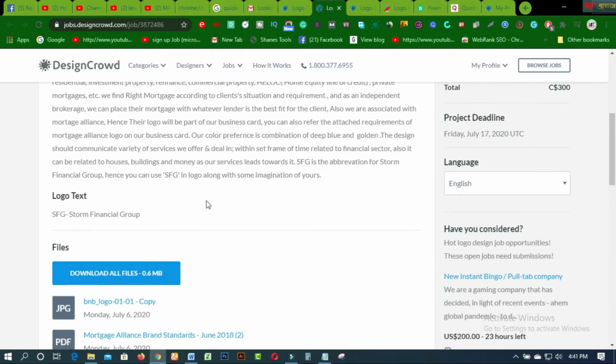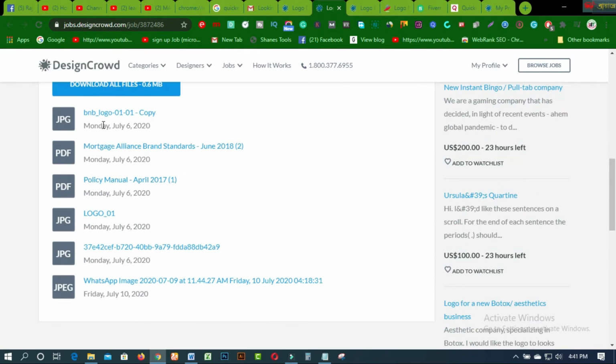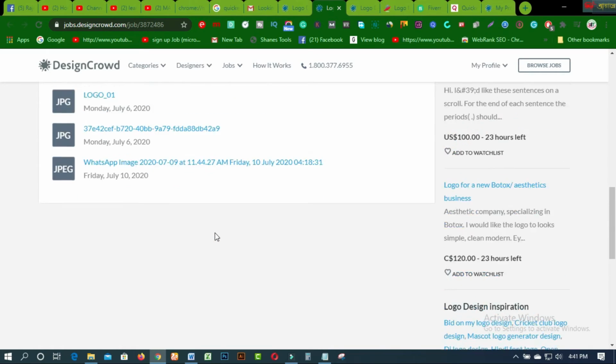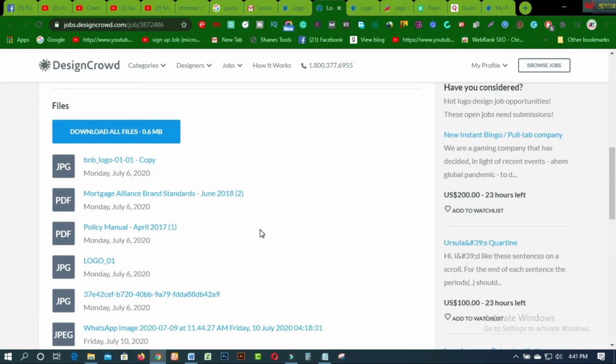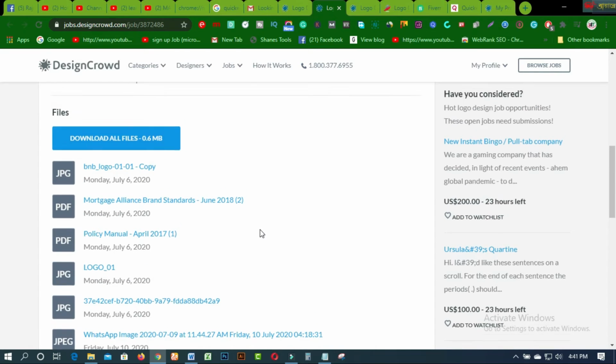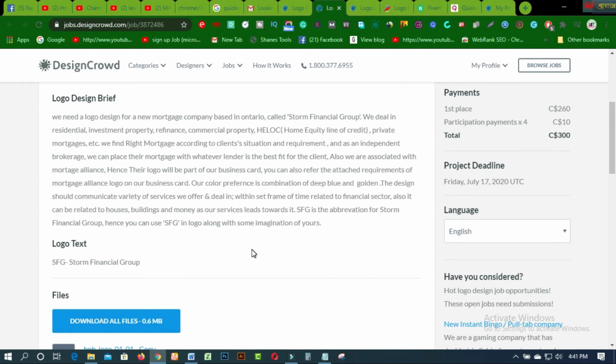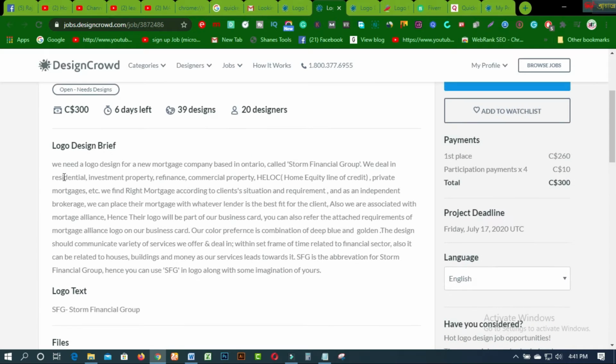And you have to read all the criteria, and these are the files the client provided to get an idea before making a logo from this description. So what should you do? This one you have to read at a glance. We need a logo design for a new mortgage company, so you